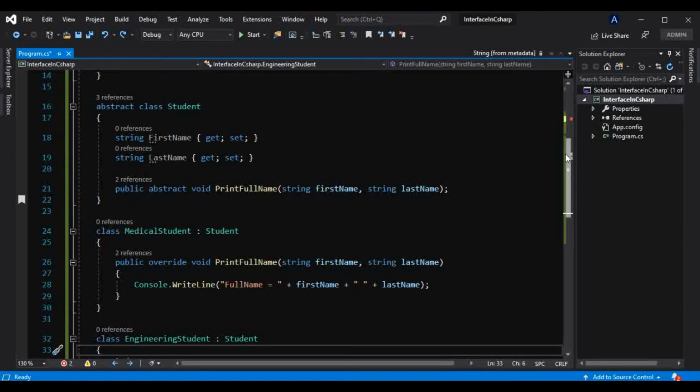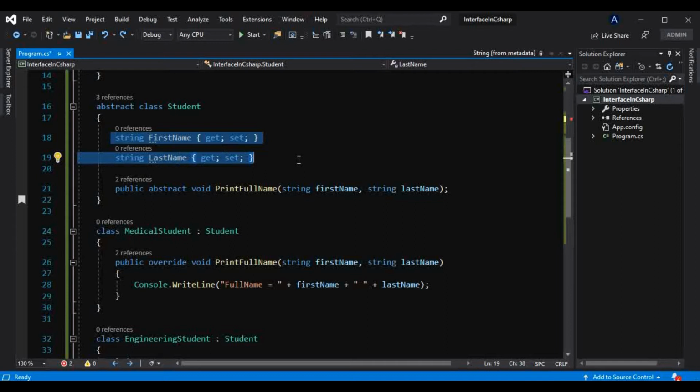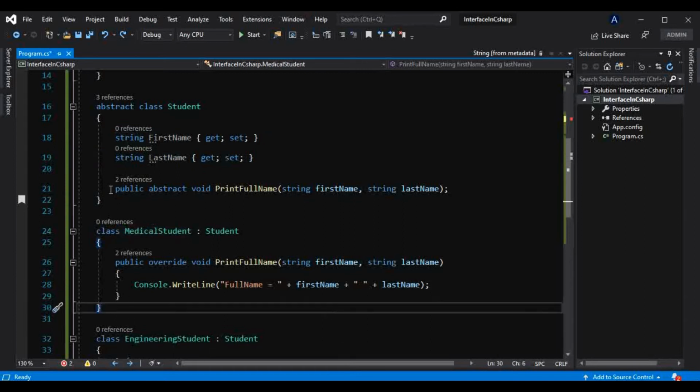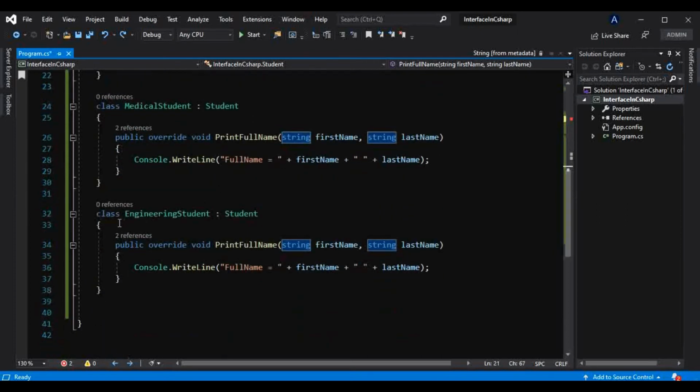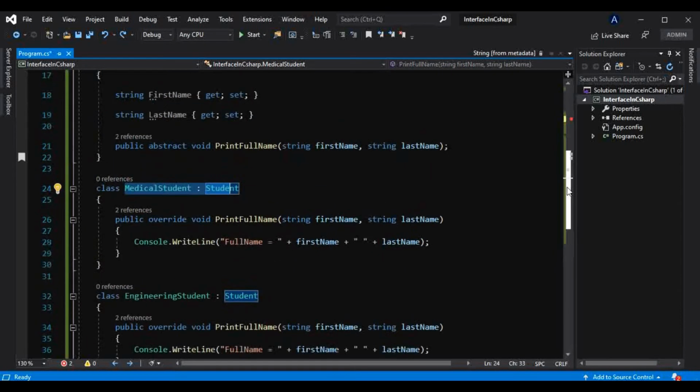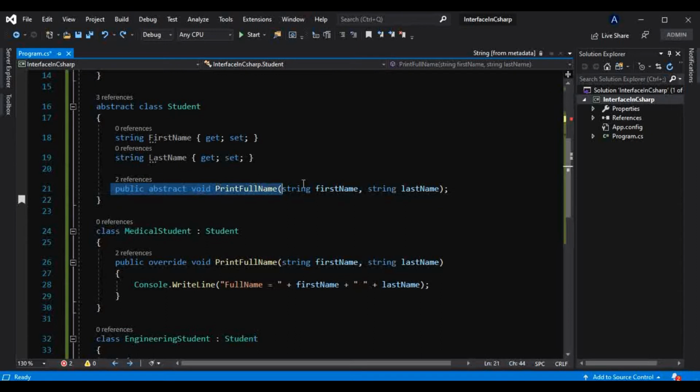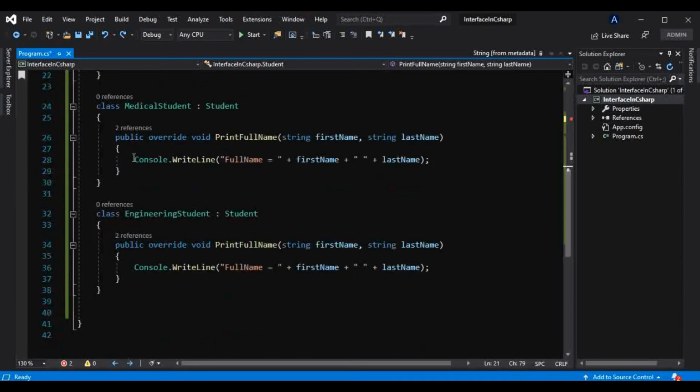Why? Because we have these two properties here, first name and last name, which are required by both the medical student and engineering student classes. And there is one method, this PrintFullName, which is required by both the engineering student and medical student classes, and they can have their own implementation as well, because we have made that method abstract here, and that is why they can have their own implementation.